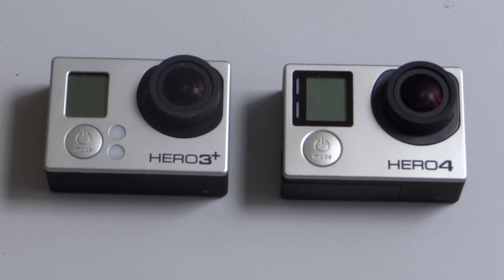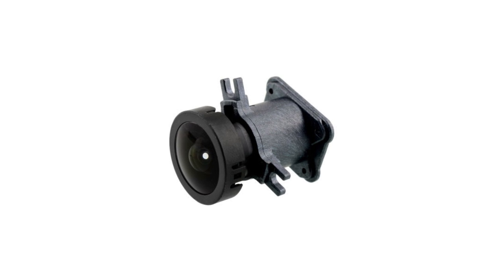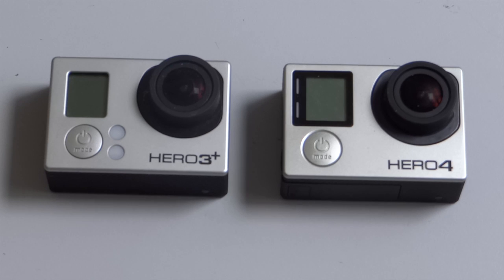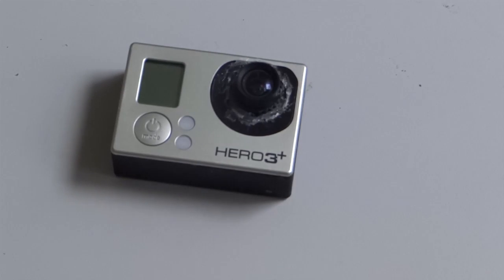So what do you do? You extract the original lens, and there's plenty of videos on YouTube showing how to do that. So I won't discuss that here. Go look it up, very easy to do. And actually get yourself, probably via eBay, a new lens mount and lens, because the original GoPro lenses are actually glued in and it makes it very difficult to try and replace those. So if you're fairly confident, it's pretty easy to do, and what you'll end up with is a GoPro 3